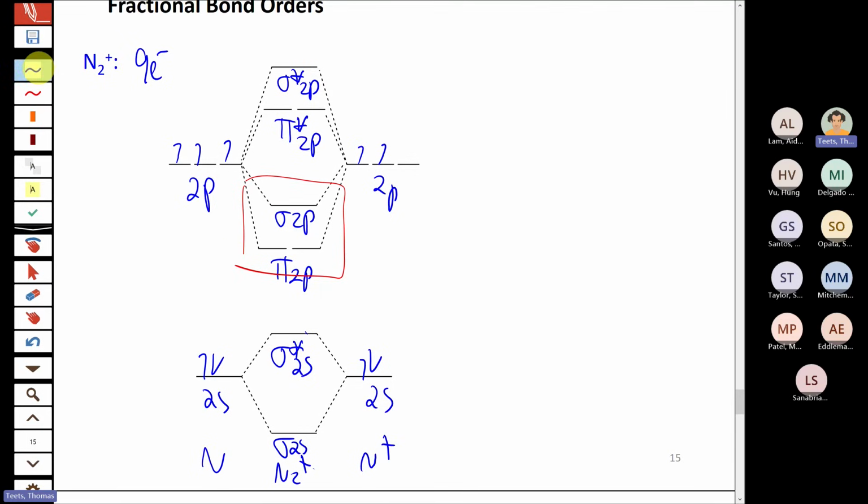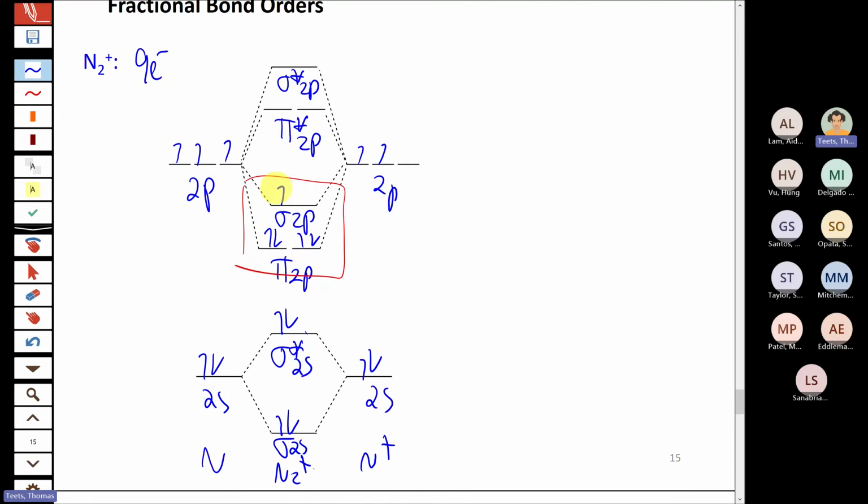If there are ever ambiguous situations where it's not clear what order the orbitals come in, we'll specify that for you. But in most cases, it's going to, again, just be based on the elements that are involved in that molecular ion. So we have 9 electrons to put in here. So we go 1, 2, 3, 4, 5, 6, 7, 8, 9.